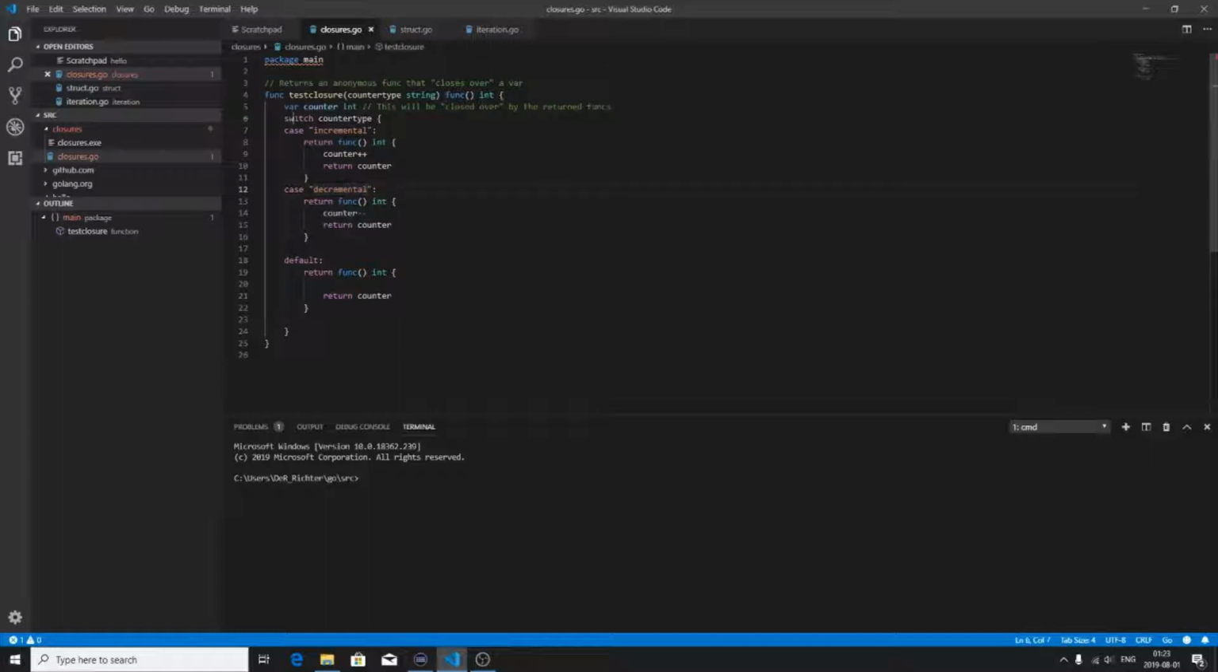Here you can also see that Go supports the switch statement. So here we can switch on counter type. We can use the switch case statement just like we can in C. And then we have a default case here. And this is just like C syntax. So we send in